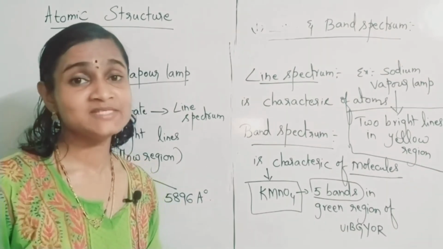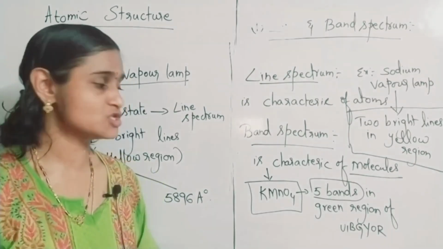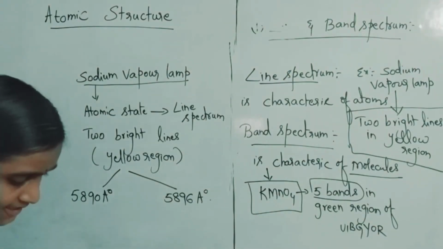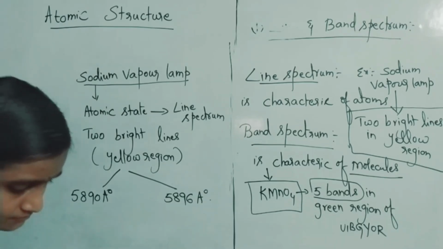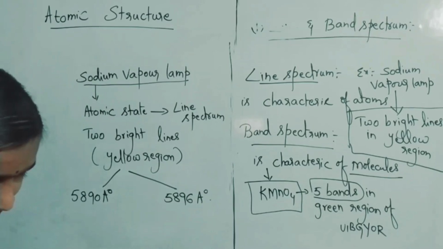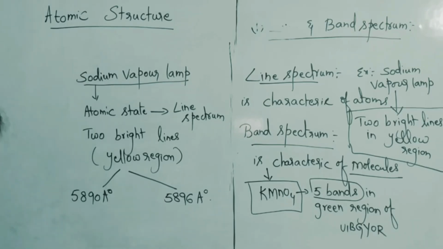Now for EAMCET orientation type questions, right, Chandran? You can note down. So this is about line and band spectra. Next we will go for what? Yes, please note down all the points. We will be going for